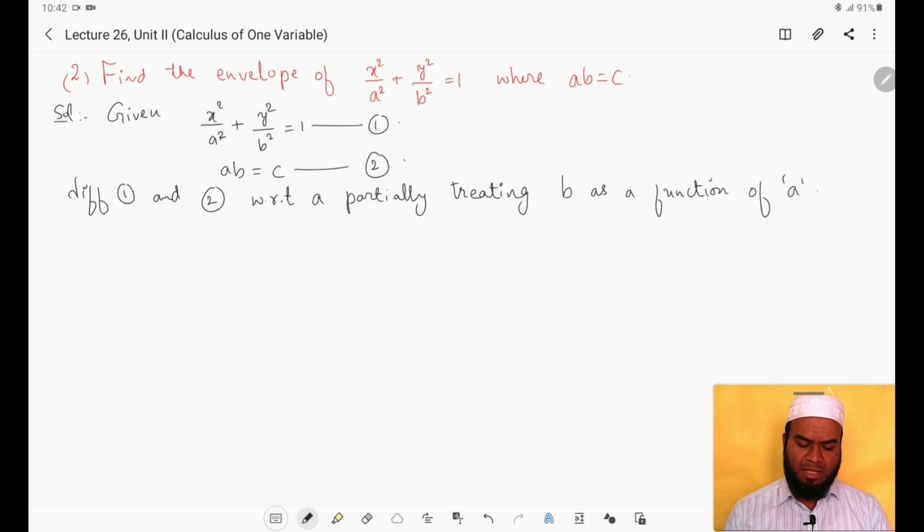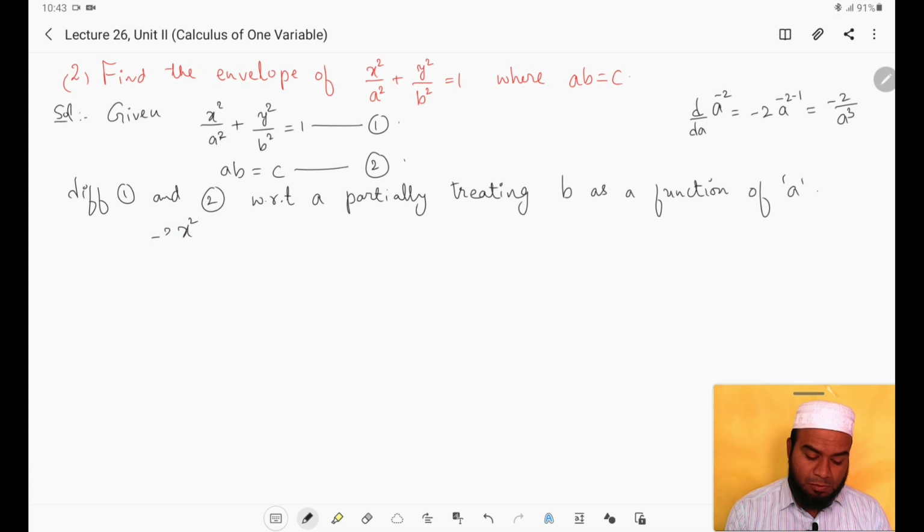So differentiate equation 1, what will we get? x square stays as it is. 1 by a square is there, and we have to differentiate 1 by a square. That becomes a power minus 2, and its derivative is minus 2 into a power minus 2 minus 1, so we get minus 2 by a cube. So the derivative of 1 by a square is minus 2 by a cube. Similarly, y square stays as it is, and the derivative of 1 by b square is minus 2 by b cube into